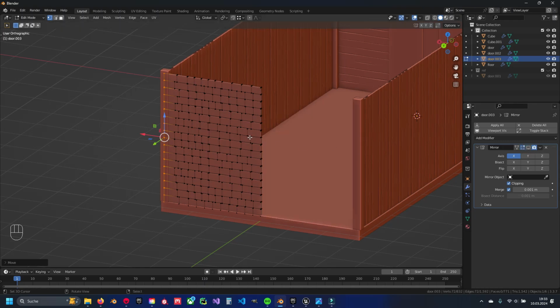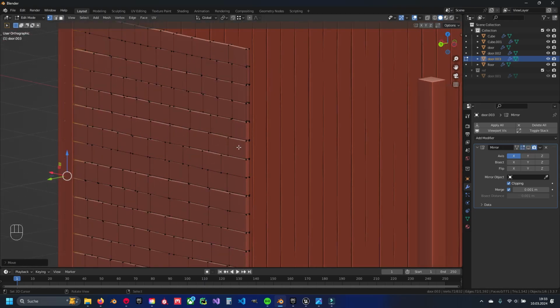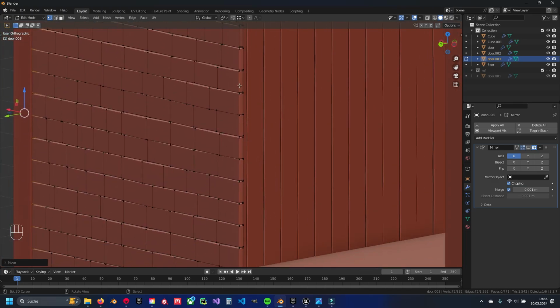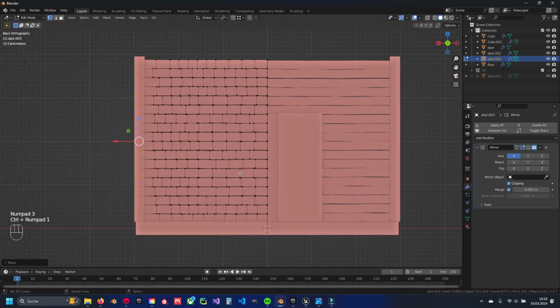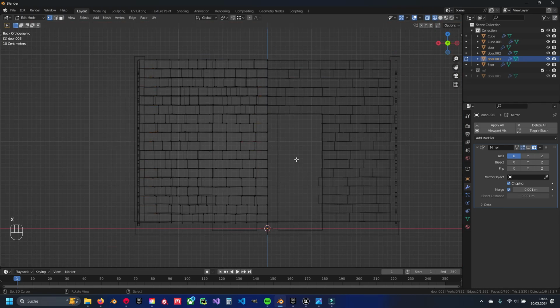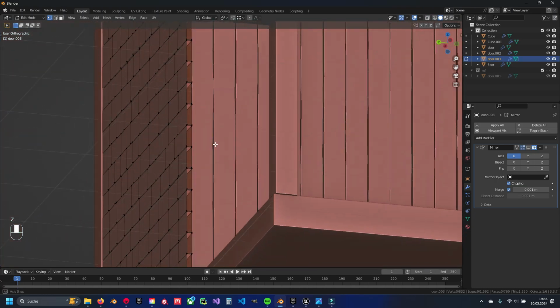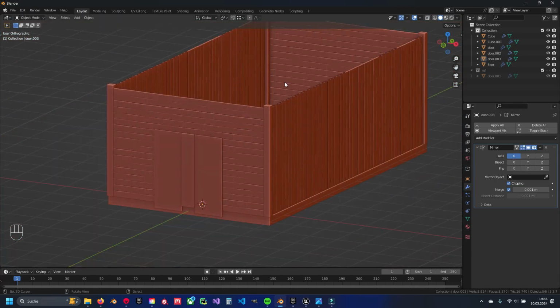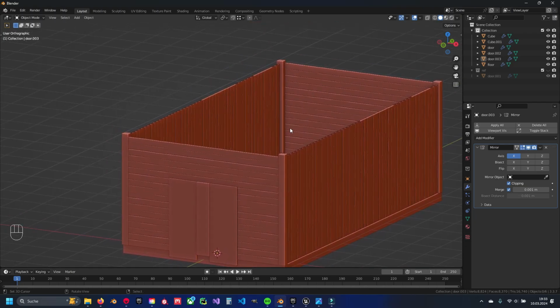And I'm going to deactivate the mirror modifier because I'm just going to delete these faces in here, we don't need them. So select it and delete by faces. And we're good to go. Alright, the first half of this shack is done, and the next thing we are going to do is